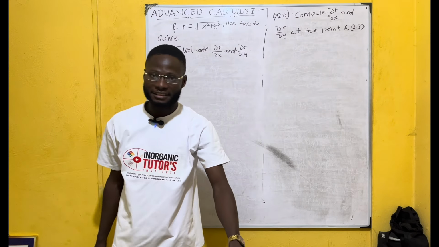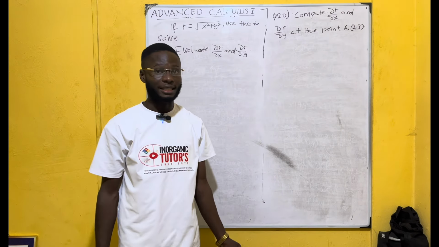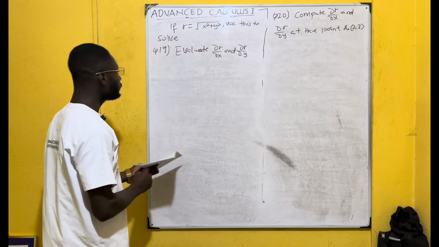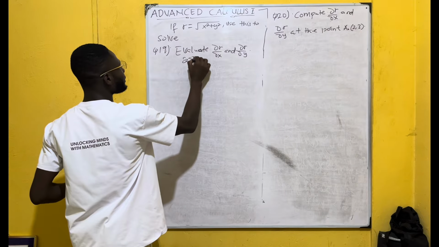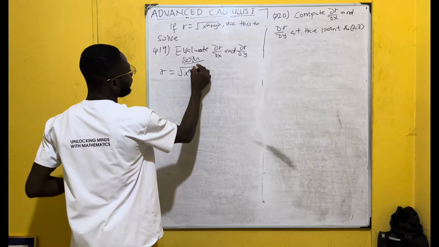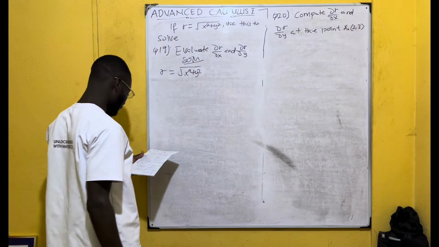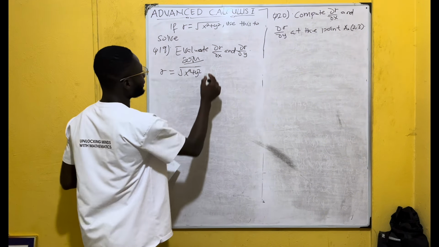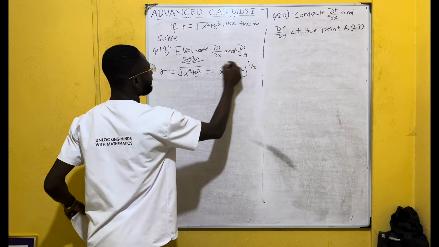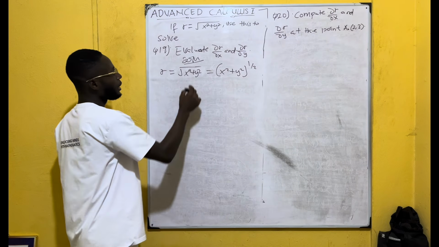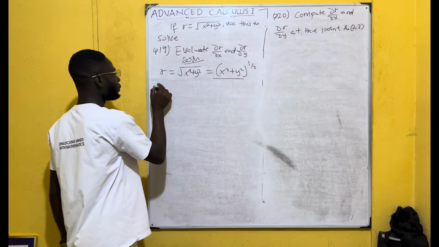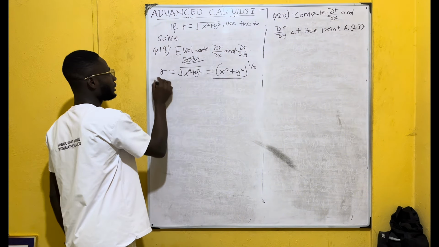So first we start with respect to x. Then we do that with respect to y as well. So we state R is equal to the square root of x squared plus y squared. Right? So we know that this is the same as x squared plus y squared to the power half. Now we want the first derivative of this with respect to x. So the partial, dr